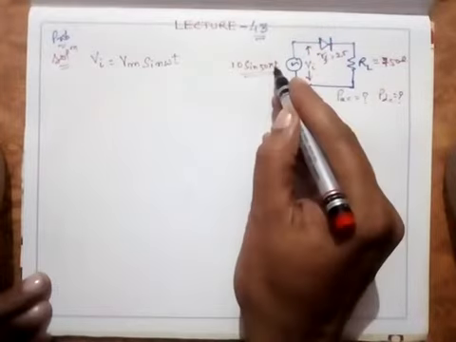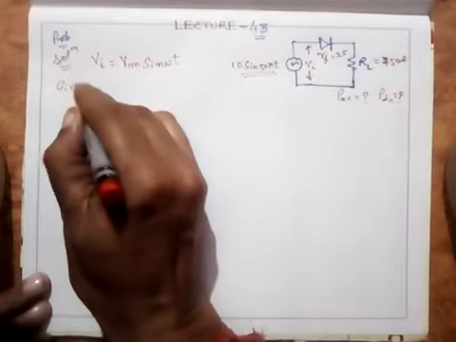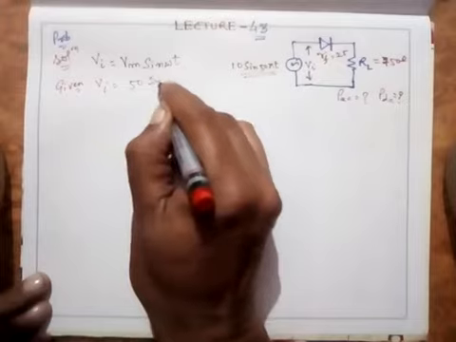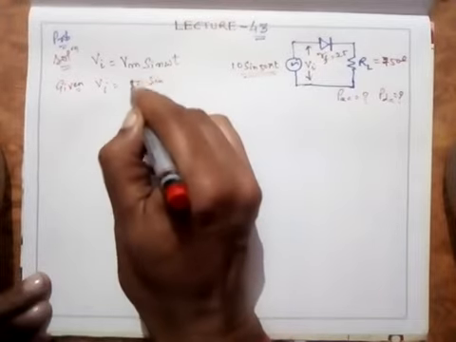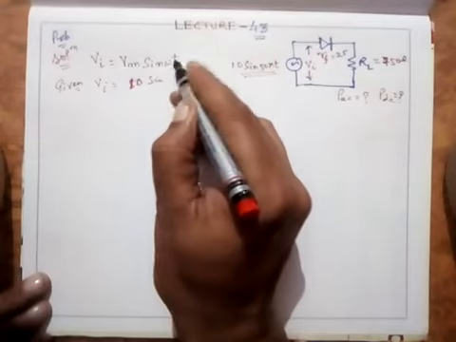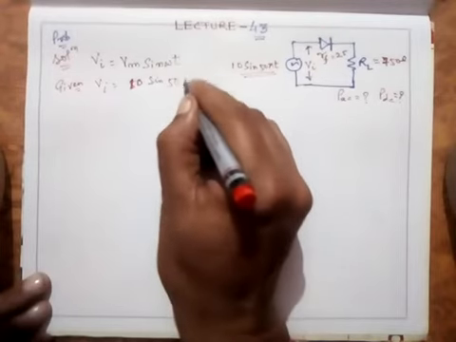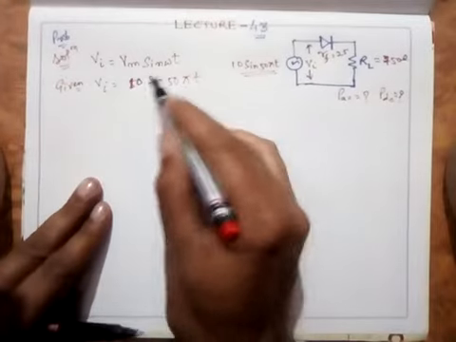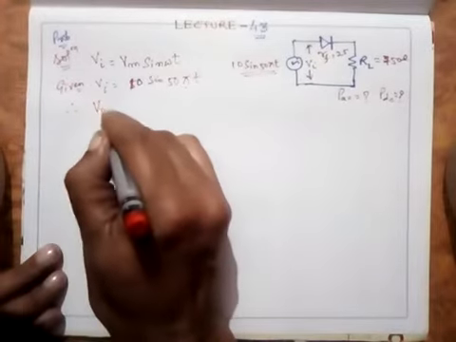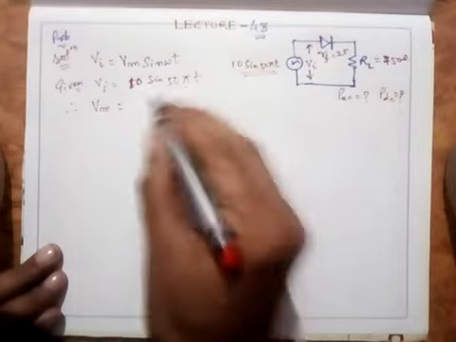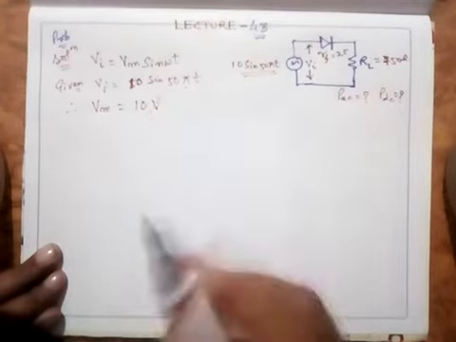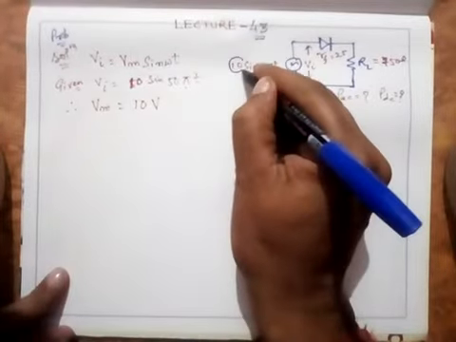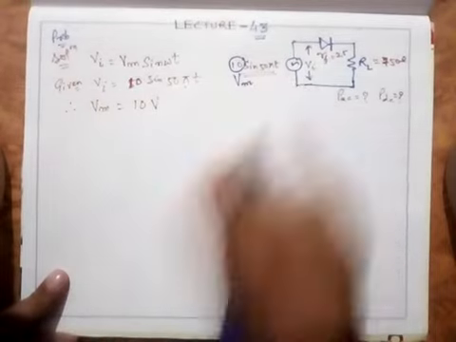It is Vm sine omega t, and it is given that this Vi is 10 sine 50 pi t. If I compare this, Vm sine omega t, omega is equal to 50 pi. Therefore I can say that the value of Vm from here is directly equal to 10 volt. This I can conclude from here. The only thing is to extract the data from here. This 10 is nothing but Vm as per this problem.